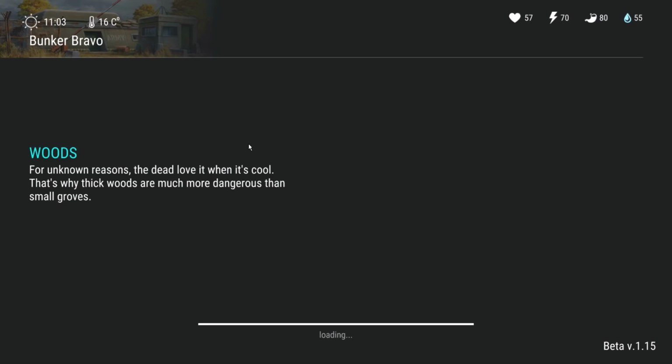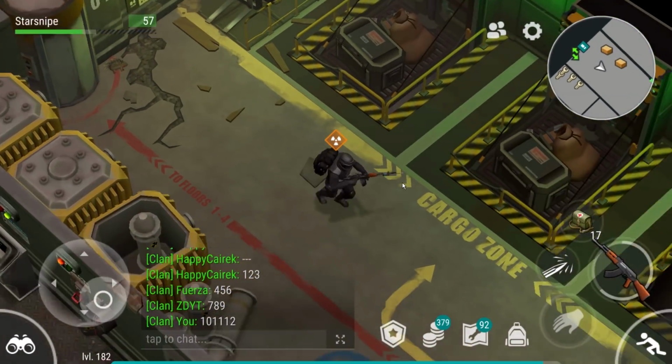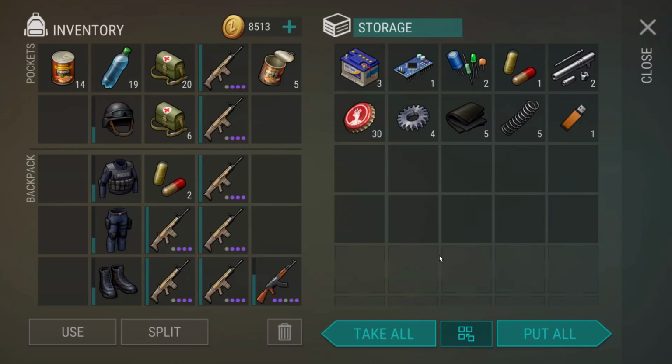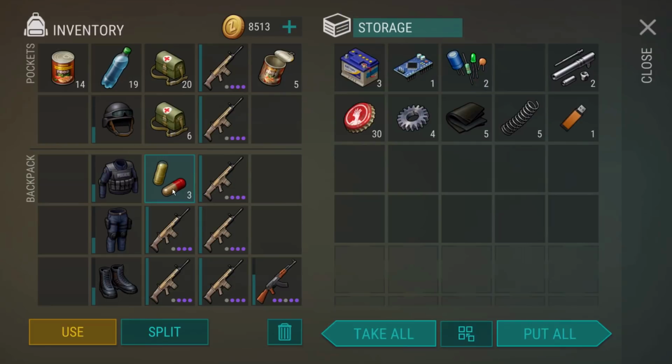I need a mental motivation to make our way down to the 4th floor, and nothing more mentally motivating than the contents of the 3rd floor loot. Without further ado, let's go! 3, count it, 3 car batteries, 4 cogs, 5 rubber, 2 high-tech components, always highly appreciated, some more anti-rad pills